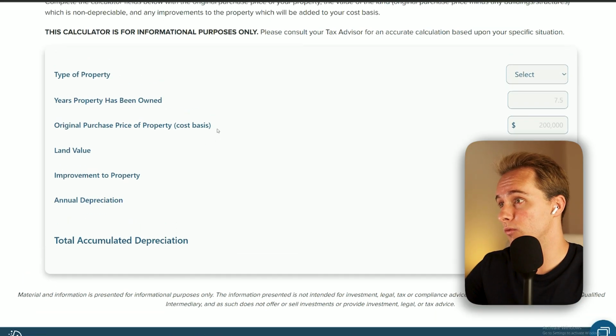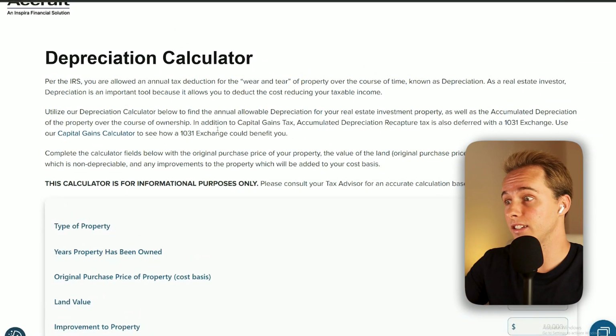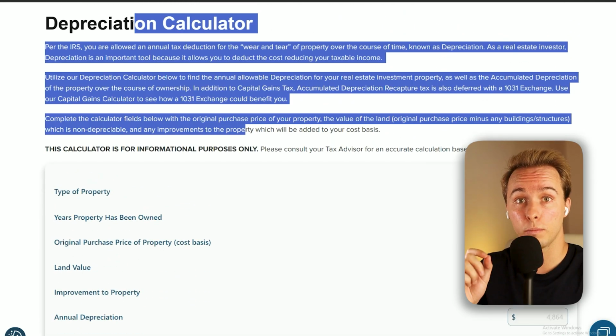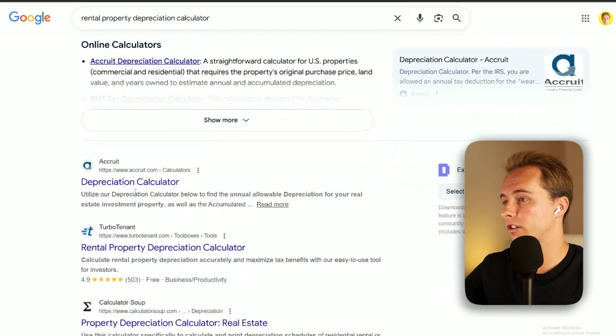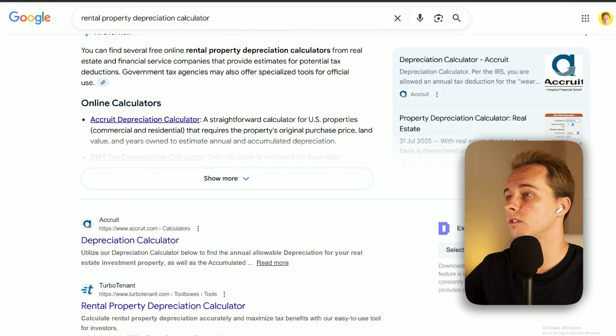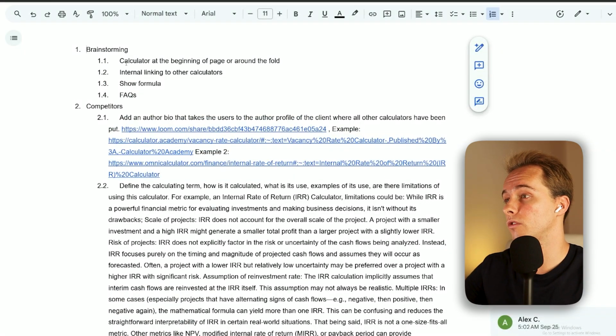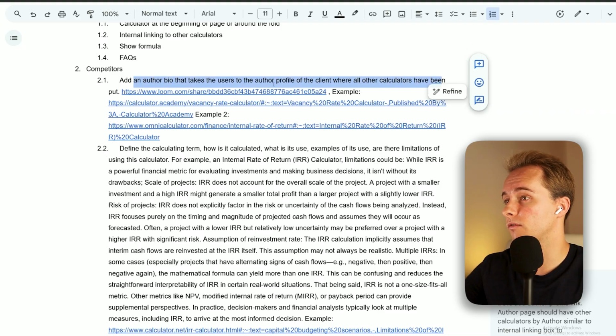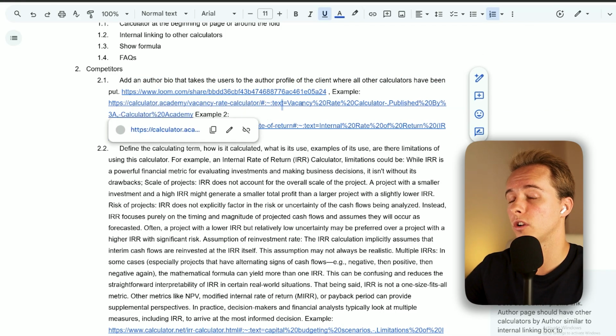You can see this one, which is the one that was ranking number 1. It's extremely basic, right? It just has the tool and a bit of text. We can definitely do better than that. So that was the first one, but you can open the second, third, even in the AI overviews, and just start to make notes. You can see here with my clients, we do the brainstorming, and with the competitors, we note down what it is that's interesting,